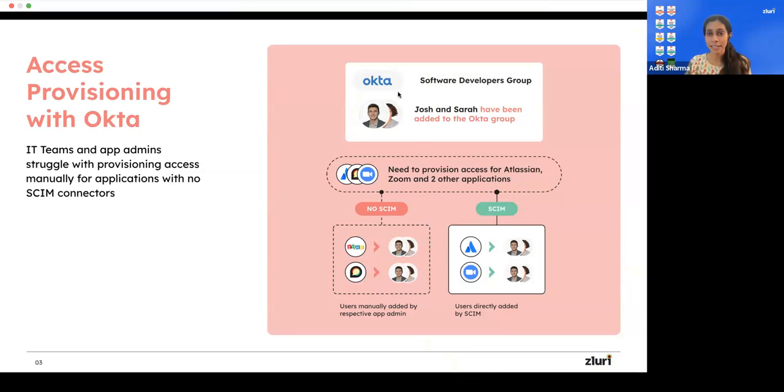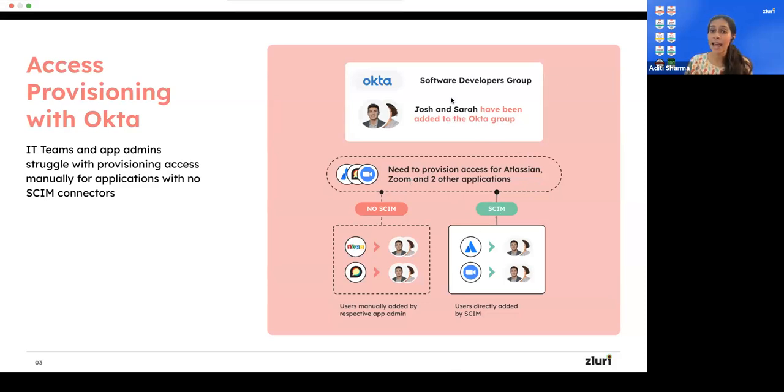So as you can see in this diagram on the right, let's assume that Josh and Sarah have been added to the software developers group, and they need to be provisioned access to Atlassian, Zoom, and a few other applications. Now, apps like Atlassian and Zoom already have a SCIM connector.